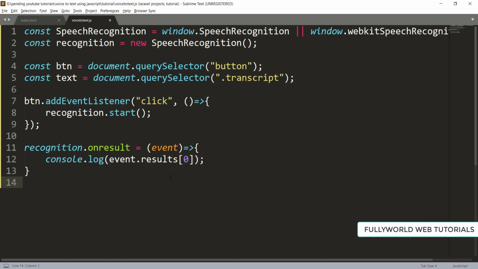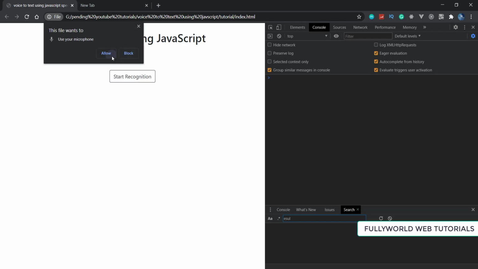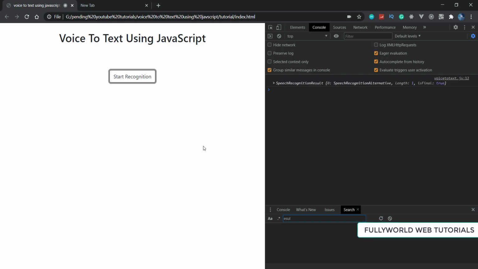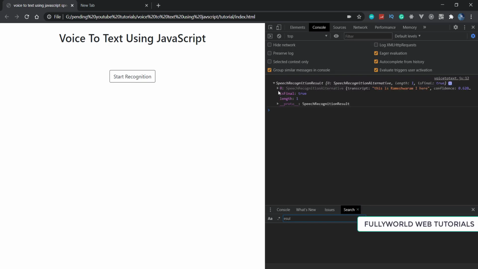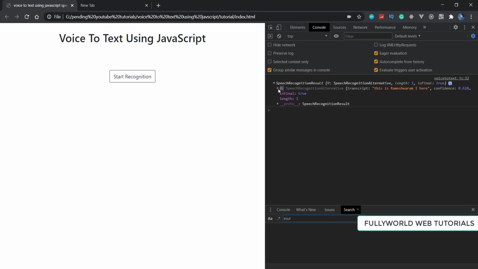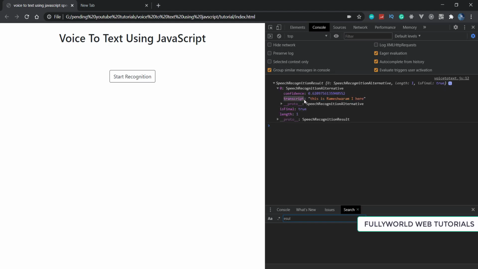Sorry, it was not saved successfully, so I'm going to reload it again and start recognition. Click on it: hello, this is Raman Sharma here. See that now we are getting this array here, and this array has the first element only.